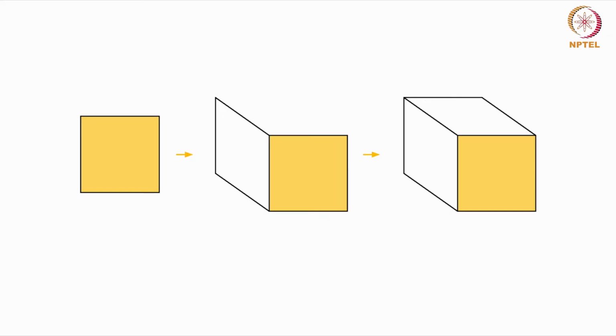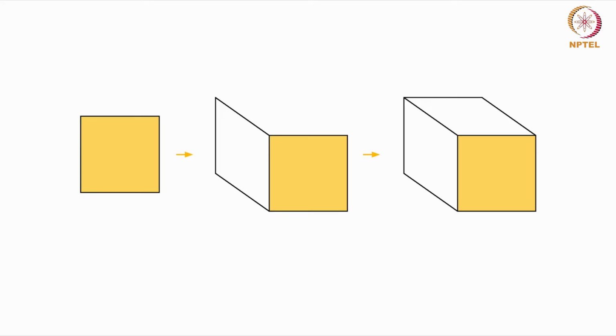For example, a square on its own is a flat two-dimensional shape, right? Do you agree with this? We discussed this in our previous lecture. However, when you add another side, the square transforms into a cube. The additional side gives the figure an appearance of depth, suggesting that it occupies space rather than just lying on a flat surface.